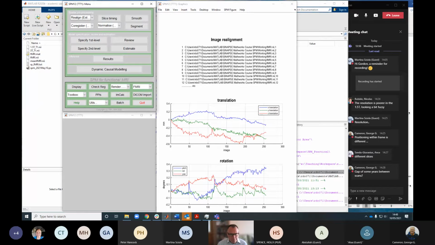So the next step is to then look at co-registration. So realignment here, we were looking at the same type of image, but it just translated over time as the person was moving. In this co-registration step, that looks at two different types of image from the same person. So we've got two types of data. We've got a structural scan and we've got a functional scan. So here we're going to co-register those two things together